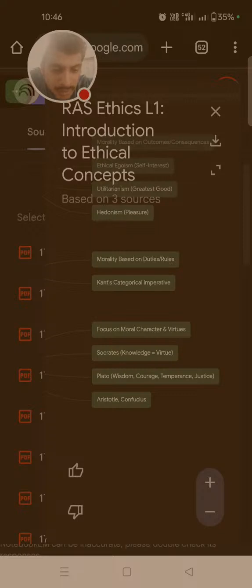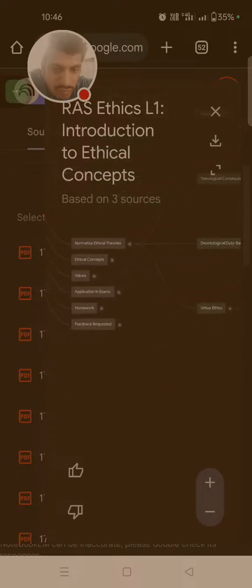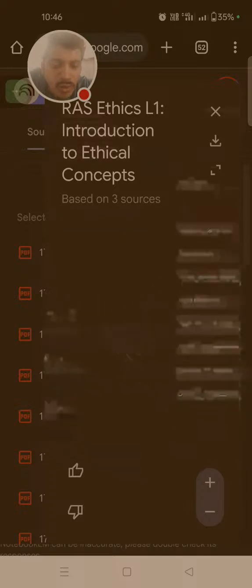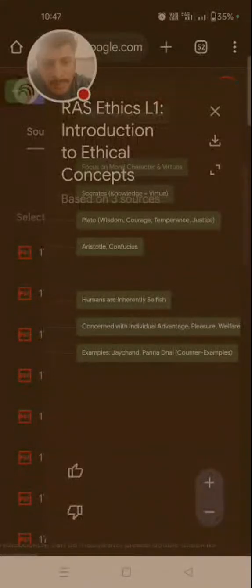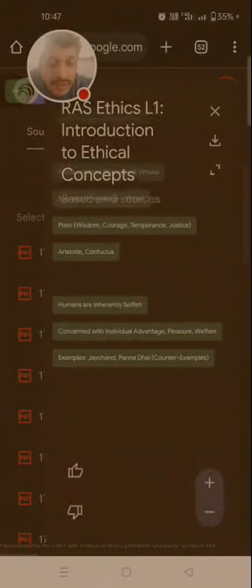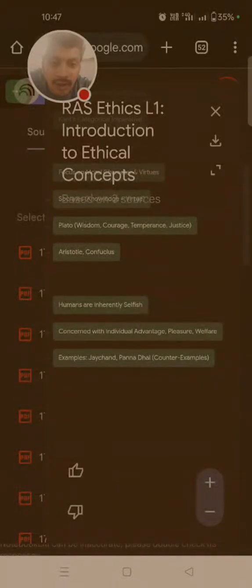Aristotle and Confucius also give the theory of virtue. So now come the ethical concepts. What are the ethical concepts? Psychological egoism holds that humans are inherently selfish. Humans are selfish and concerned with individual advantage, pleasure and welfare. For example, Jaichand is an example of inner selfishness. The human is an animal. But the example of Pannadhai is a counterexample of this